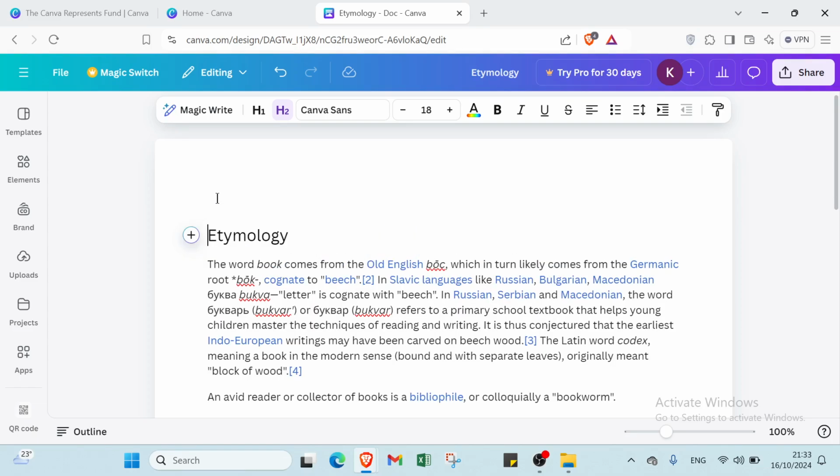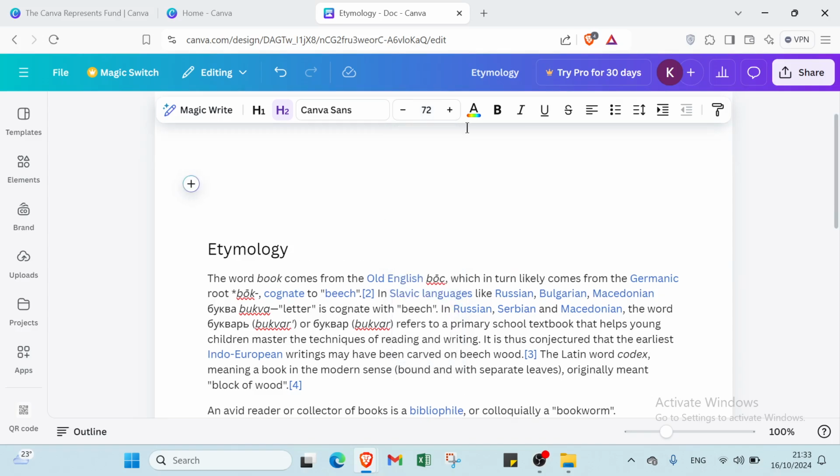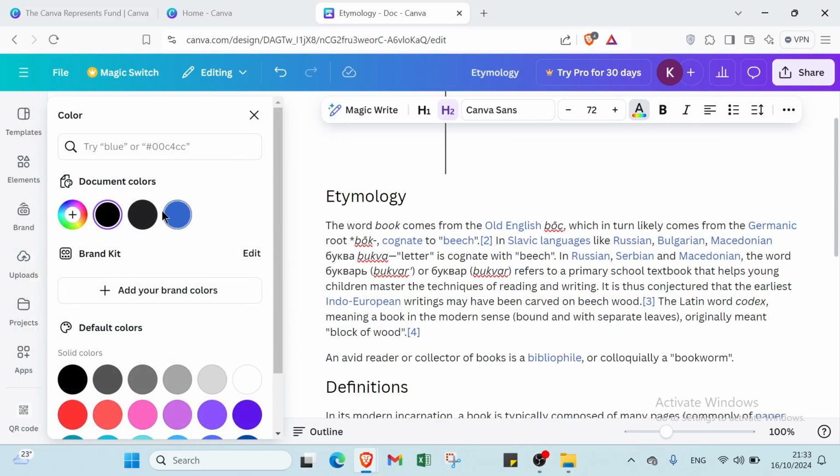Firstly, if you want to add a text title, I will click over here and add a title. I'll put it in the middle first, then I will select the size here, 72, like that. Then I will add the text color. For example, I will select the gray one. Then I will write, for example,